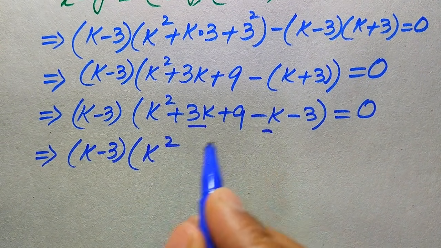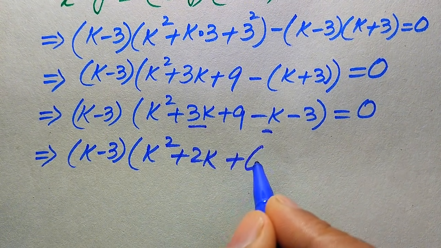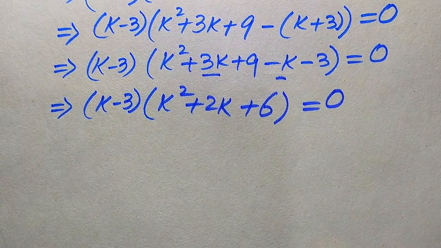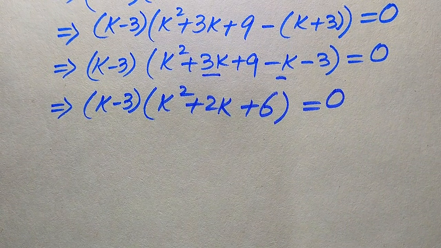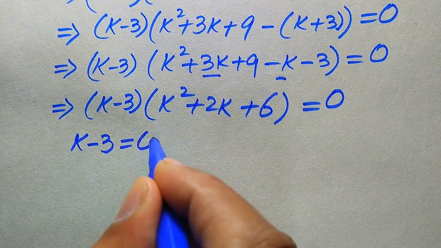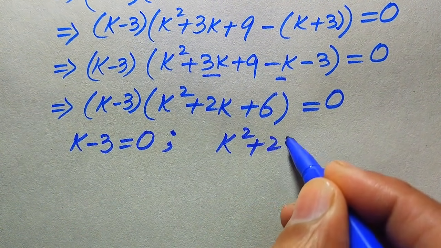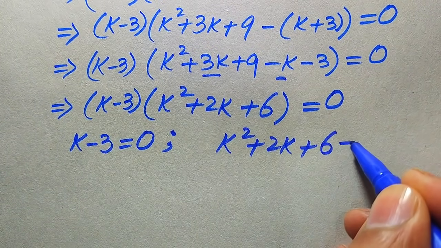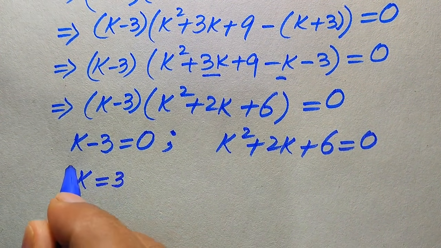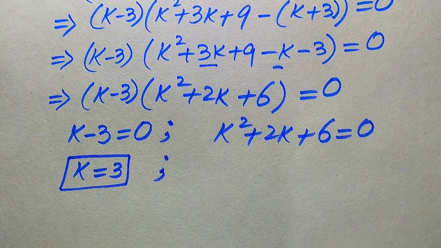This is 3k minus k becomes 2k, and 9 minus 3 becomes 6, and this whole equation is equal to 0. And now in the next step we need to divide this equation into two cases. The first case is we write k minus 3 equals 0, and the second case is we write k square plus 2k plus 6 equals 0. So from here we easily get the value of k is equal to 3, and from here we need to